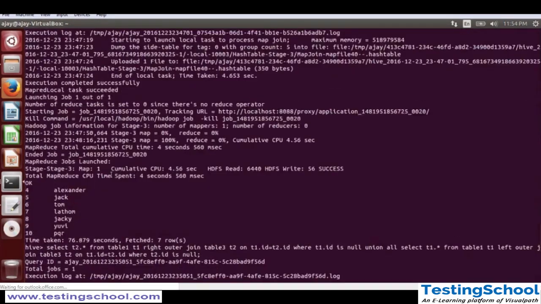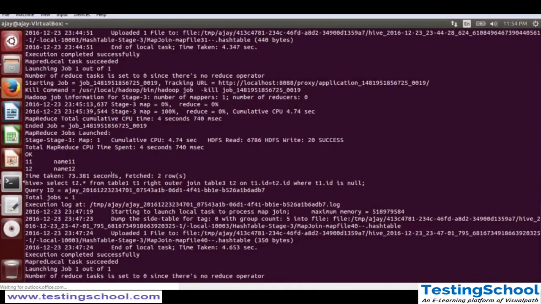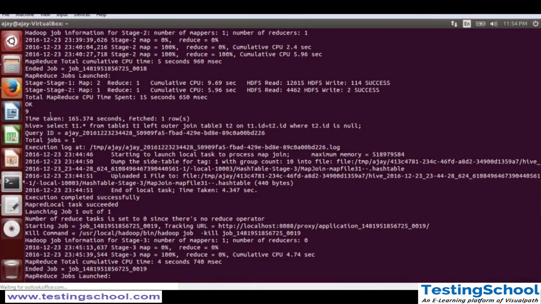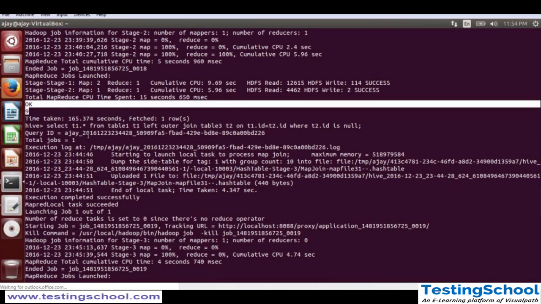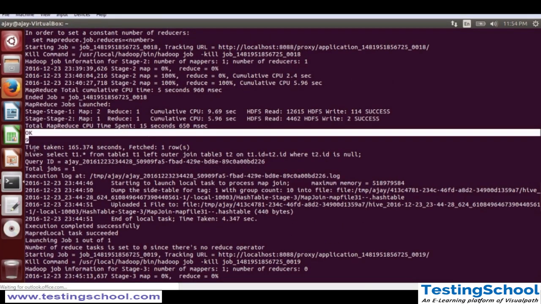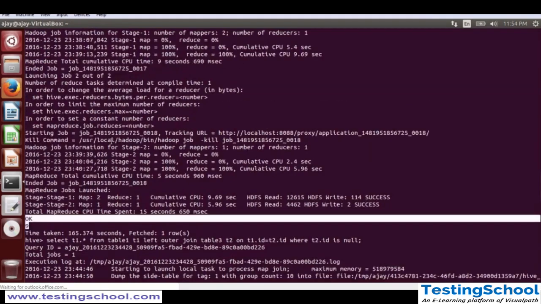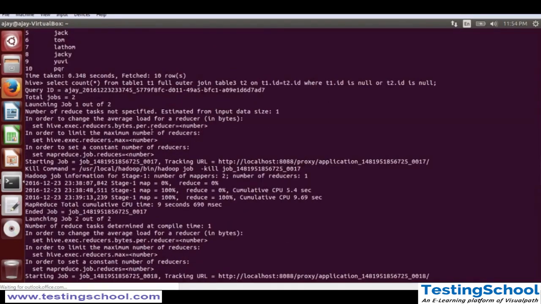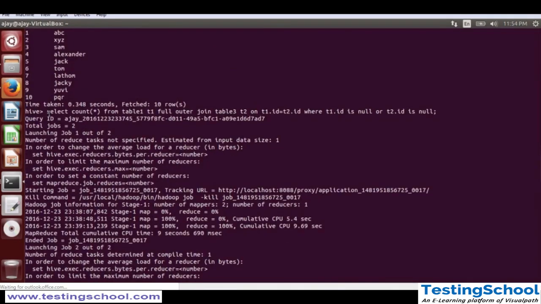So this is how we can use our table query as per our need. This is the output of that table which gives the 9 row count, like 9 distinct row count, and